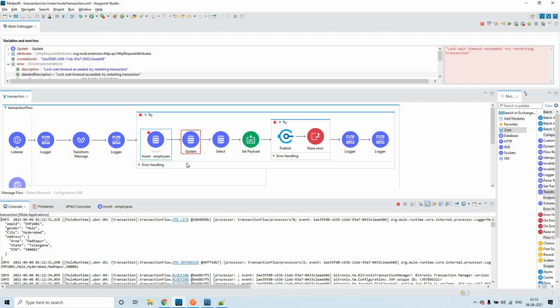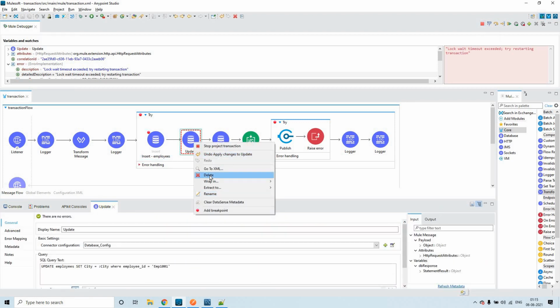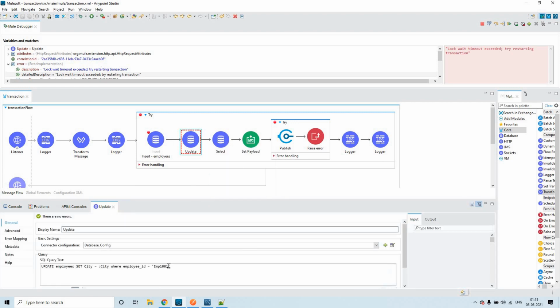So what is the mistake I'm doing here is that I'm trying to update a record which is not yet committed. So that is the reason it is failing. So we'll do one thing. We'll delete this, and next time we'll add this. So we'll understand actually.